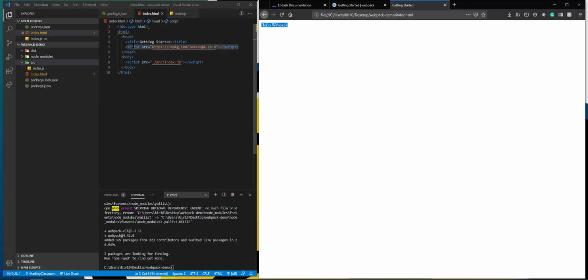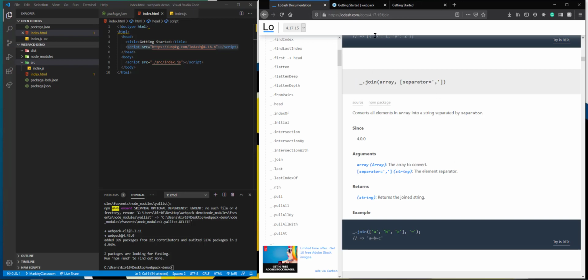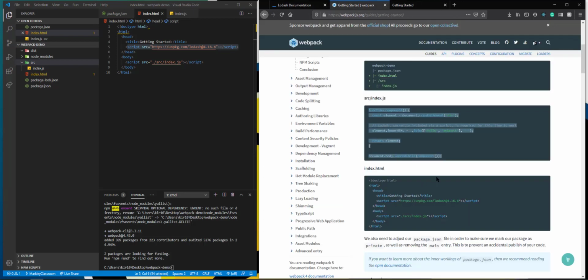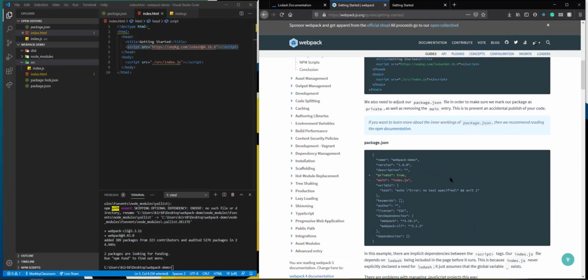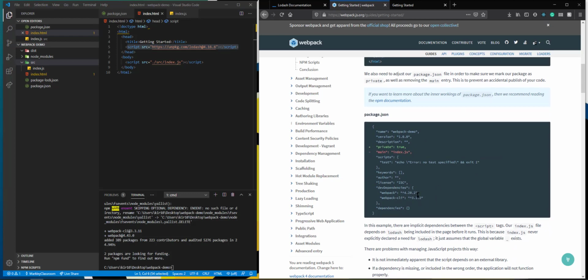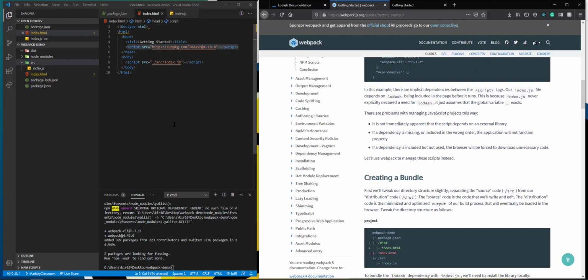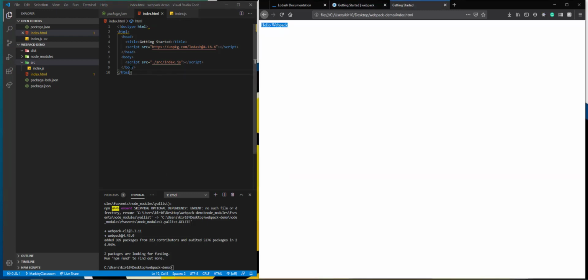So that being said, let's go back to the directions, which I think I've lost. There they are. If we scroll down and continue on with this direction, I'm just going to do it from here. You can follow along from there. All right, so what's going to happen next is the following. We are going to get rid of this script tag. And we need to import,